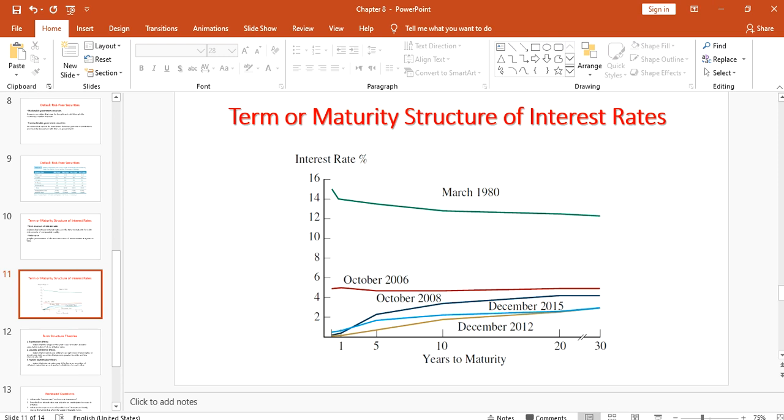In 2006, the 1 year rate was almost the same, no matter whether it's for 1 year, 5 year, 10 year, 20 and 30 years. It's a kind of 5%. So according to the economy situation, these rates will increase. Okay, but after that, after the global financial crisis,